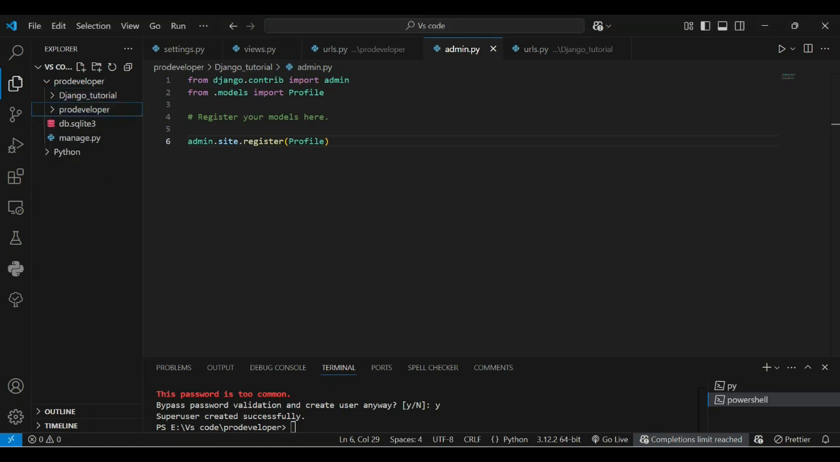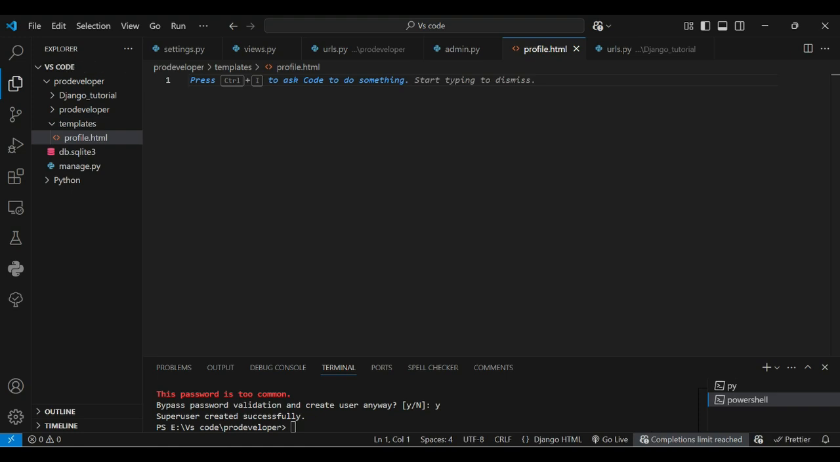So for that, just go to your project directory. Here we have, this is our project directory. Here just create a new folder and name it templates. Inside it just create your template file. For now, let's just name it profile.html, and for the time being I'm just pasting HTML code here because we don't have to waste time on